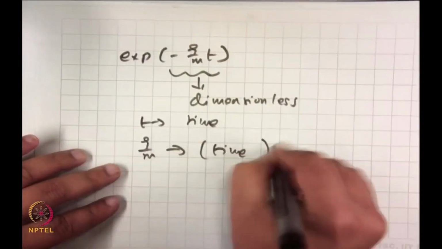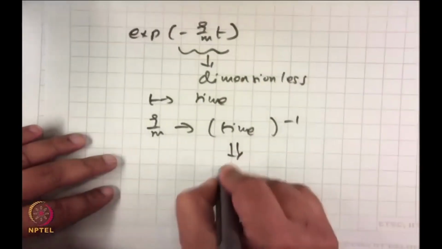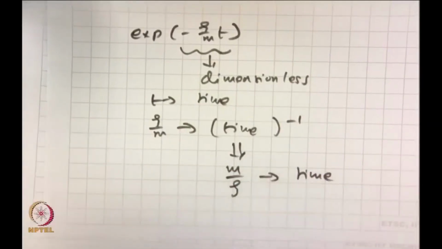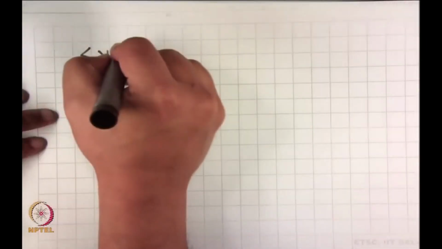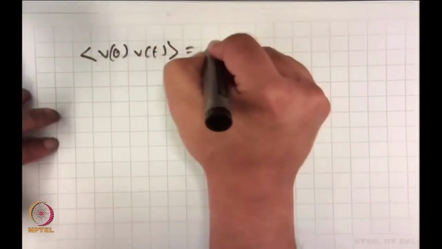If xi by m is time inverse, then from here what can I write? M by xi is time, isn't it? Because it is the inverse of time inverse. So, essentially, see now, the equation becomes, I can write v 0, v of t is equal to